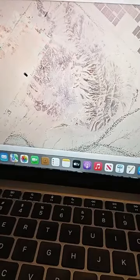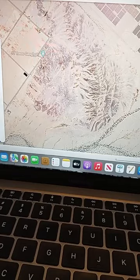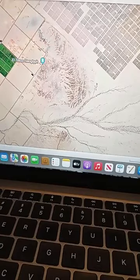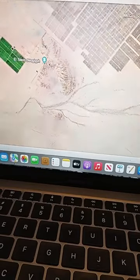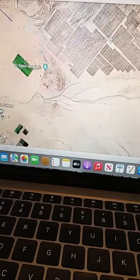Let's get the layers. Now we'll put back everything. And there's the geoglyph, right? And the geoglyph is right in the eye of this bighorn here. So, very cool. Look at those lines coming out. All right, so